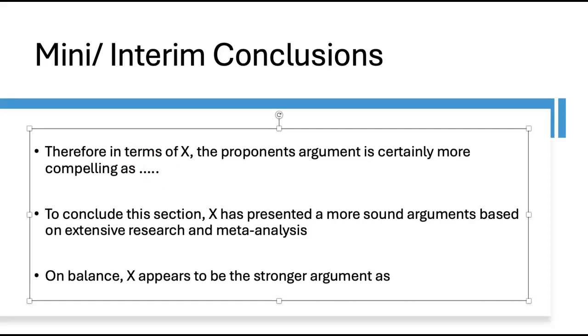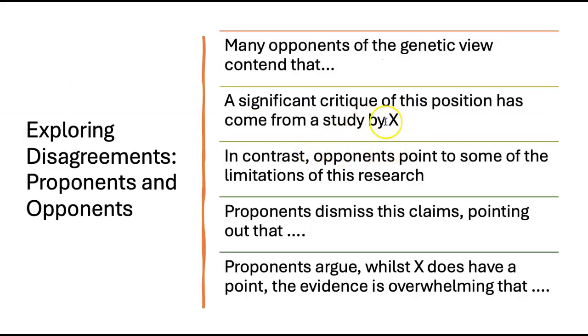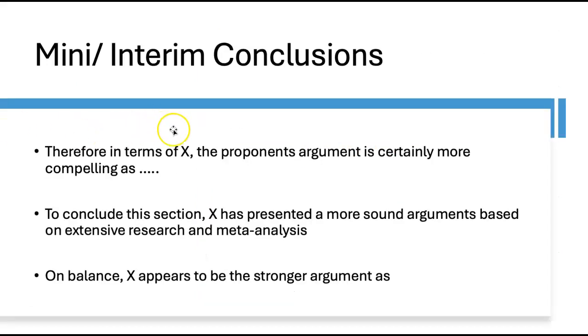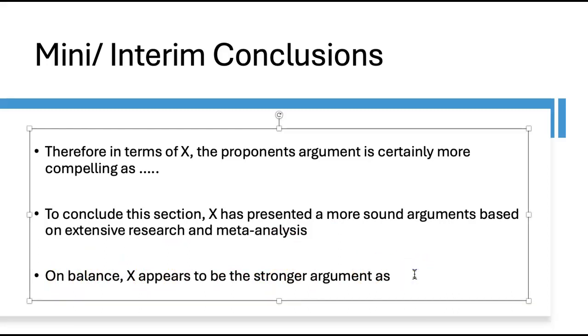Just to remind you, if you are using this language of opponents and proponents that I talked about, you can say position X, position Y. Well, in the mini conclusions, as you come to an end of the section of the report, you declare the stronger argument. And you say, to conclude this section, X has presented a more sound argument based on extensive research and meta-analysis. Or, on balance, X appears to be the stronger argument in this regard as,